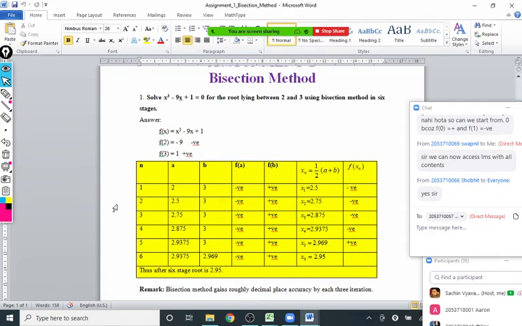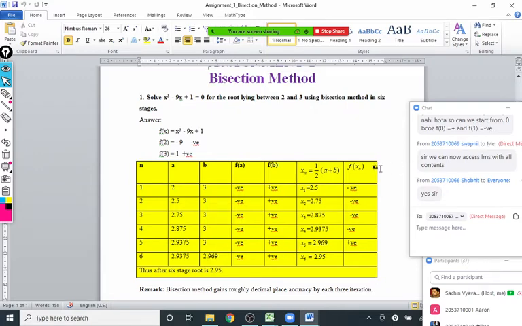So first, n indicates the number of iteration, and a and b is the interval in which the root exists. Always f of a and f of b should have opposite signs throughout the iteration. Depending on the value of f of xn, if f of xn is negative, it should replace the negative-valued endpoint. Here f of a is negative, so a should be replaced by xn, because f of a and f of xn are both negative. But in the last case, f of xn is positive and f of b is positive, so only b is replaced. That is how you proceed in the bisection method.